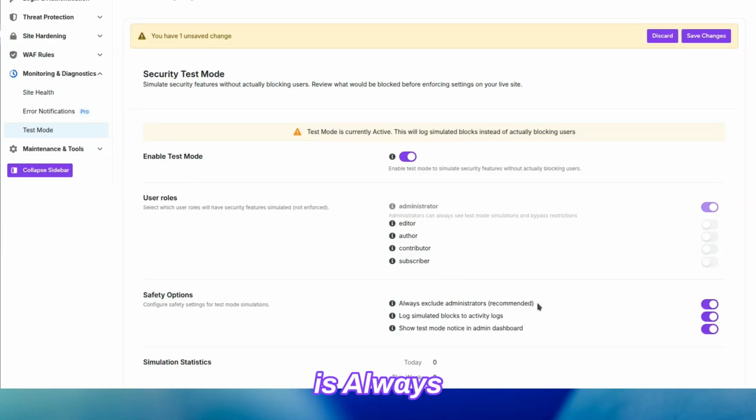The first option is always excludes administrators. It means admin accounts cannot bypass security for them. The second option makes sure all these test blocks are recorded in a log so you can review them later. The third option will show a helpful notice at the top of your WordPress dashboard, reminding you that test mode is currently turned on. For the demonstration video, we are turning off the setting for now to show you exactly